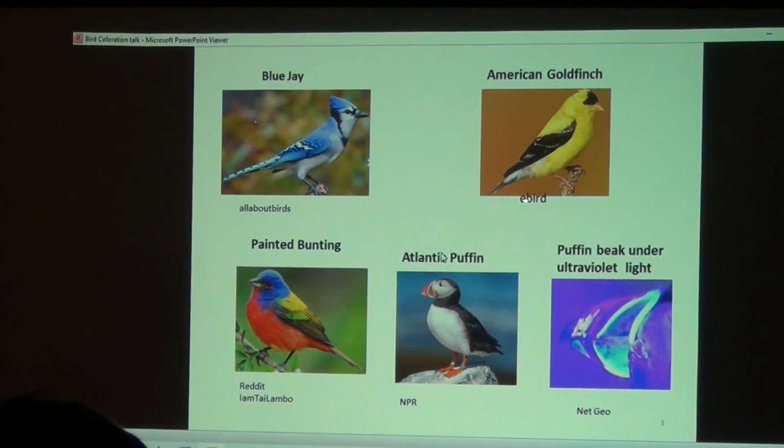The American goldfinch, this is a male in breeding plumage, and the yellow is due to a pigment called a carotenoid, and we'll see what that is. Again, some black melanin pigment, some white. Note that the bill and the legs are pinkish yellow, and in breeding season, in breeding plumage, this is what they look like. At other times of year, they'll be grayish due to melanin.